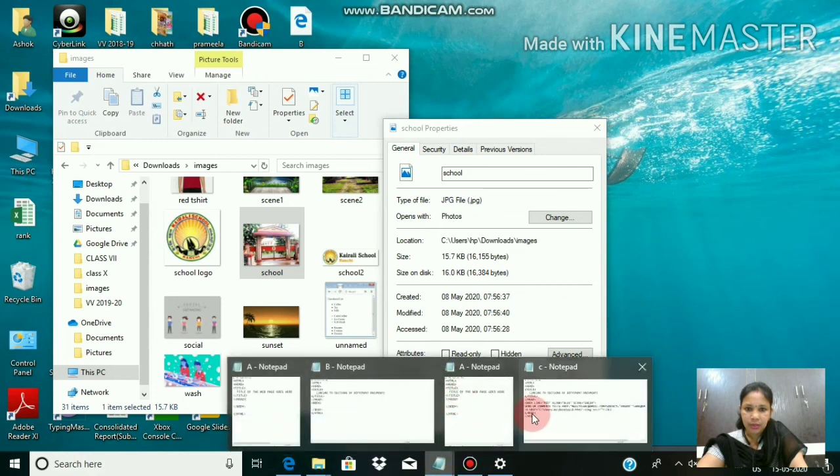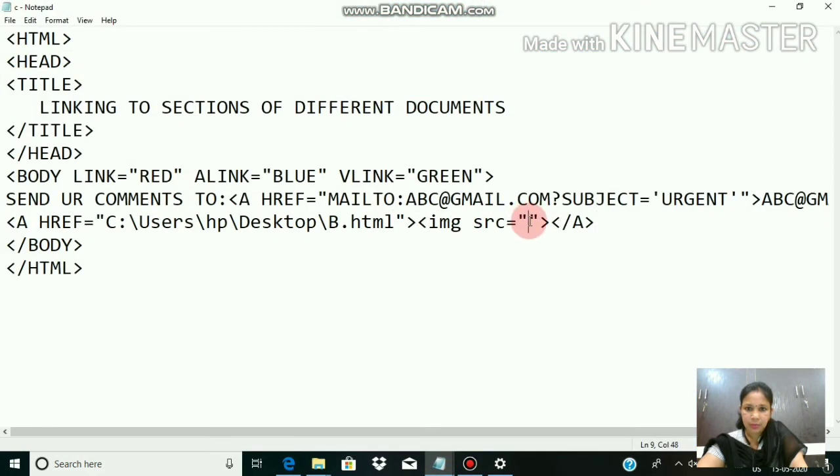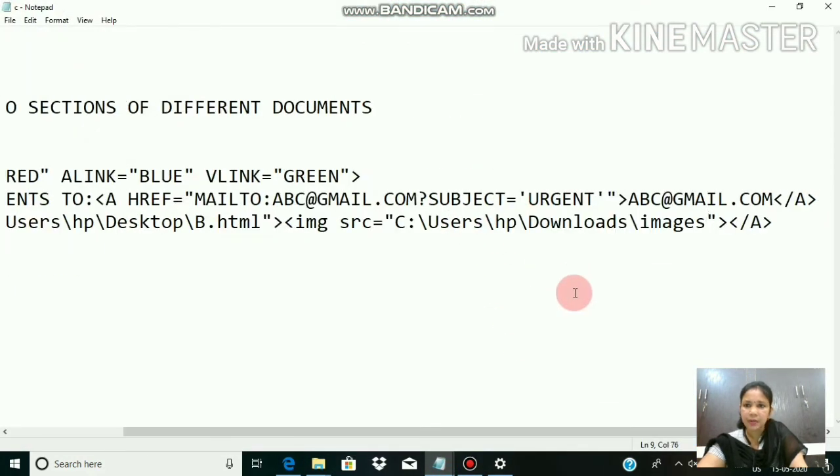Go to your document, that was C. Here you paste it. After pasting, what was the name? School.jpg. Name of the school means, I don't know whether it sometimes creates a problem. So name of the school was written in small letters.